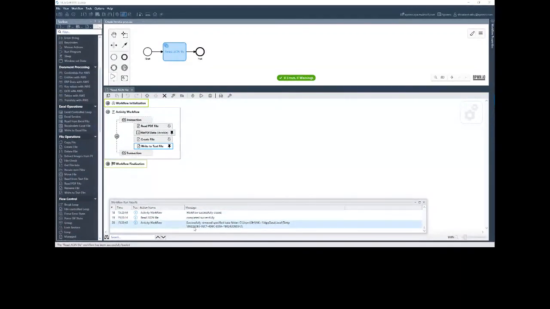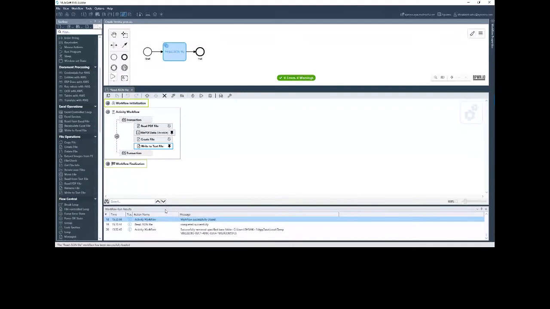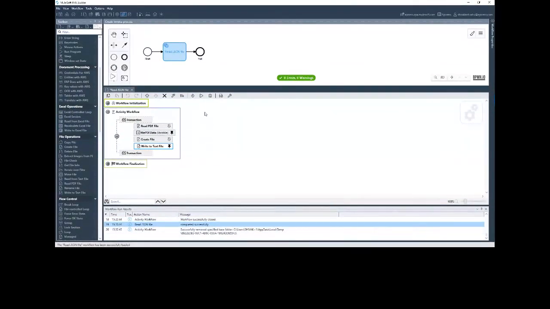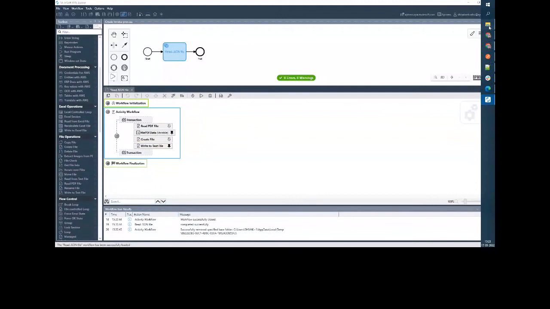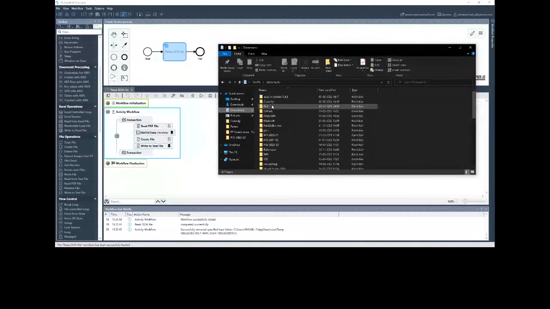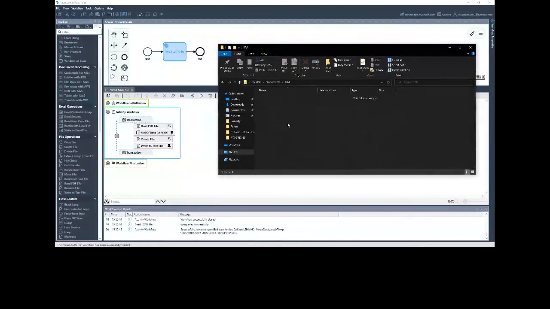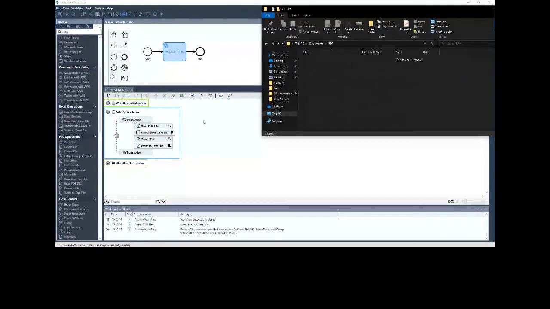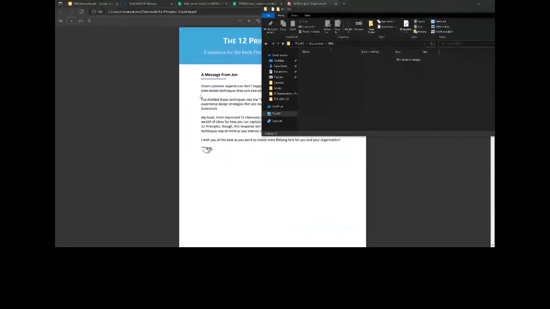I'm not sure I can clear it. Stop now. Okay, so now if you see here under documents, there is no file. I'll run this process. Run workflow.